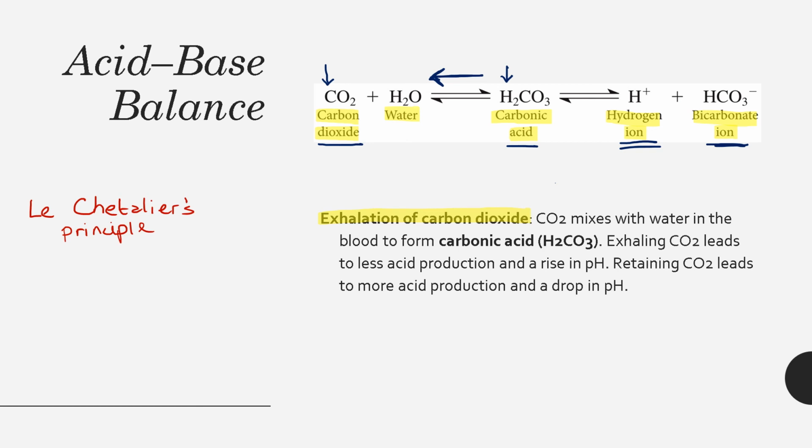Because decreasing this, we're kind of creating a hole right here. So there's a hole here, and we've got to fill that hole with stuff from the right side of the equation. So we're going to be using either more hydrogen ions or more bicarbonate ions in order to create more carbonic acid,